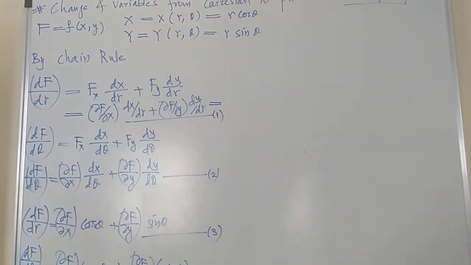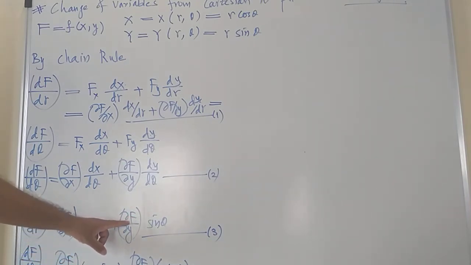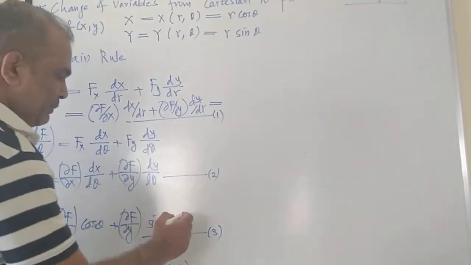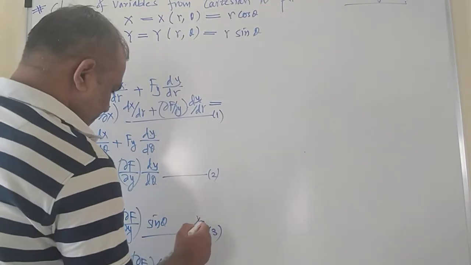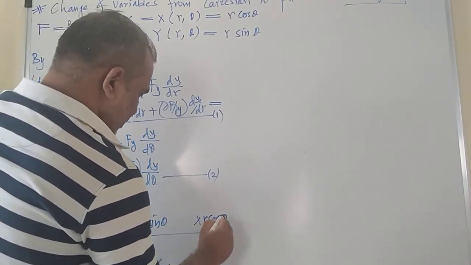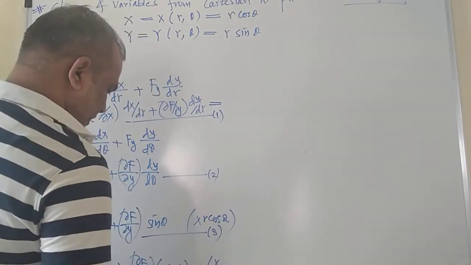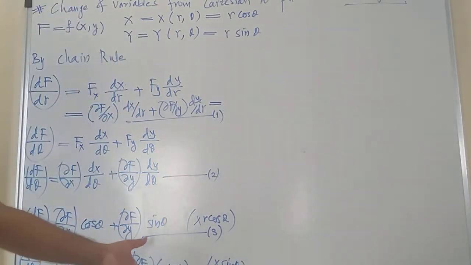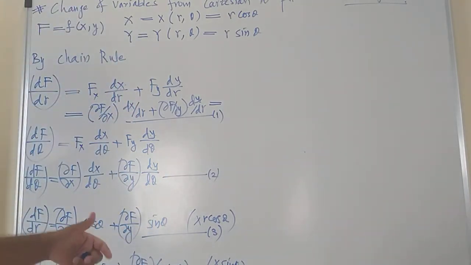Now just focus on equation number 3 and 4, because we don't need equation number 1 and 2 now. 3 and 4 are important. Now cancel df by dy first, and in order to cancel this dou f by dou y, I need here r cos theta, and here I must have sin theta. So let's multiply equation number 3 by r cos theta, and multiply equation number 4 by sin theta. That will give me equal coefficients of dou f by dou y, and that will be easier to cancel this term.